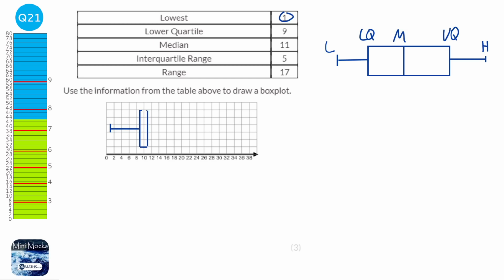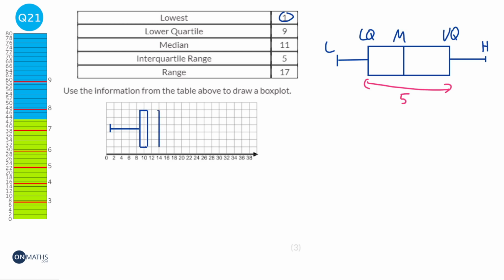Quite a thin box plot so far. Now it says the interquartile range is 5. Now the interquartile range is the distance here. So that's 5, so it's going to be 5 more than the lower quartile. If the lower quartile is at 9, it would be 9 plus 5, which will be 14. So if we get our line at 14,